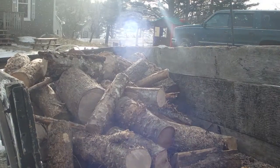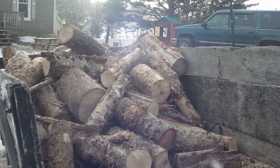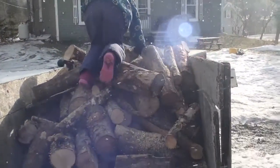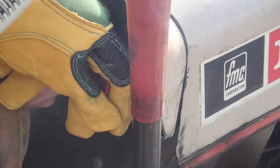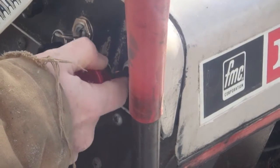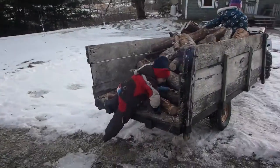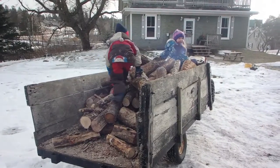And of course at the end, you see the kids will hop on here, and they always enjoy going for the ride across the lawn. And they serve as some extra ballast, extra weight on the front when the back end's slipping a little bit. As you can see, it's snowing here. There's Arden getting on. Jack just came out the door, so he's hopping on as well, and wait for him to get on, and then we're away across the